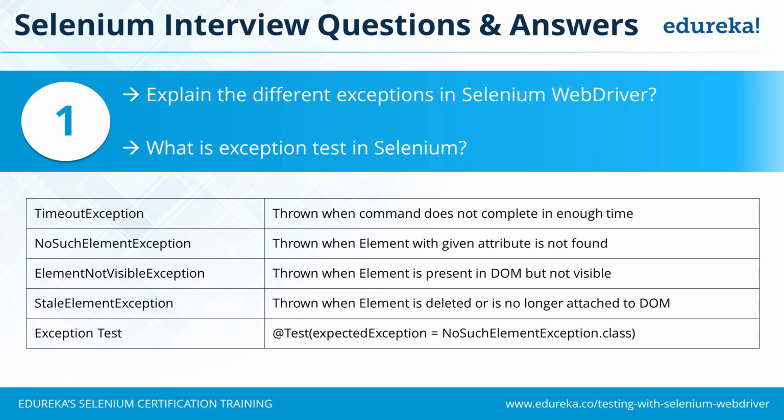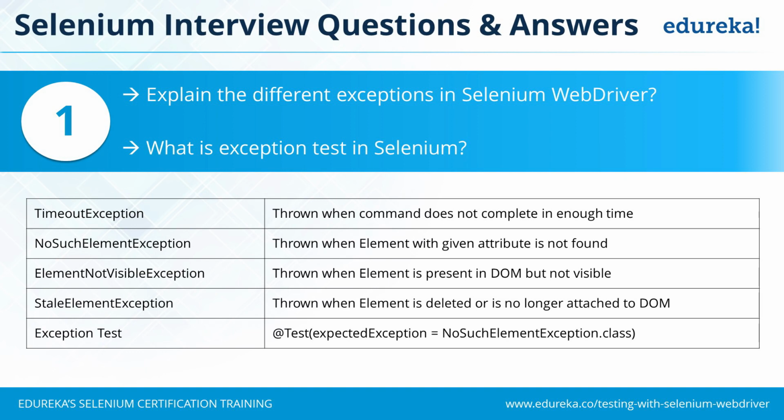No such element exception. No such element exception is related to your Selenium WebDriver trying to find the element on the loaded screen. This exception is thrown when the element with the given attribute is not found. What Selenium does is it goes to the page source code and tries to match your particular attribute. For instance, I say XPath is equal to XYZ. So it will go through the source code, try to find out, okay, is there an element with XPath as XYZ? And it doesn't find it. So it will throw no such element exception. That means the element is not present in the document object model of that particular page.